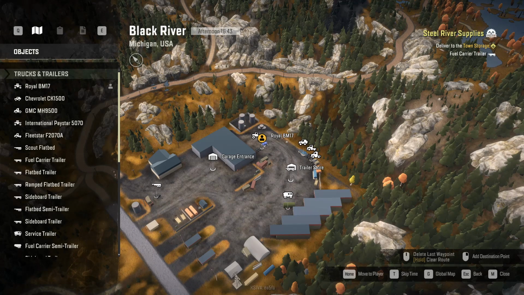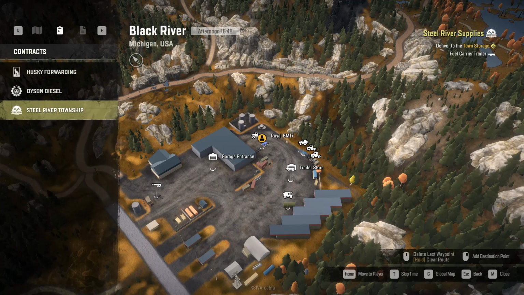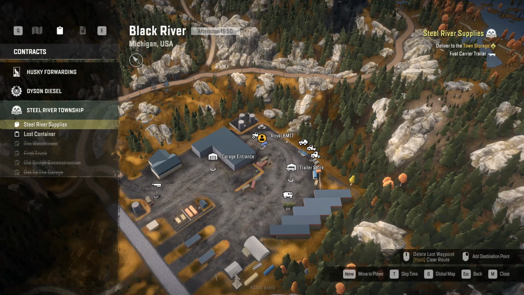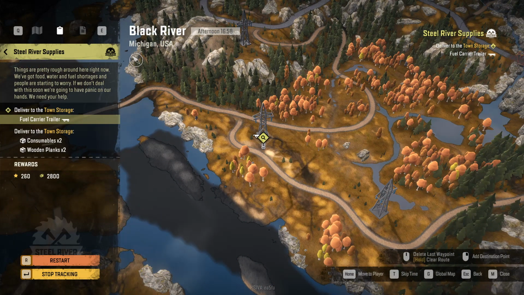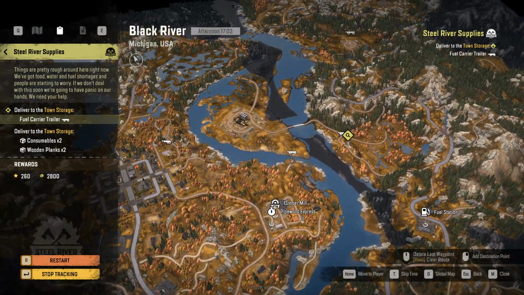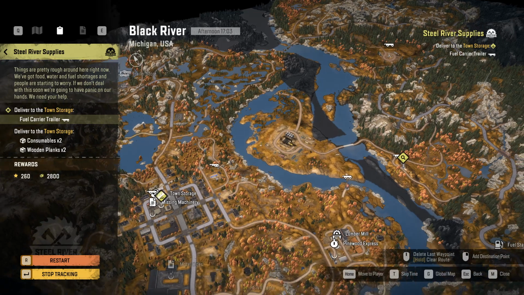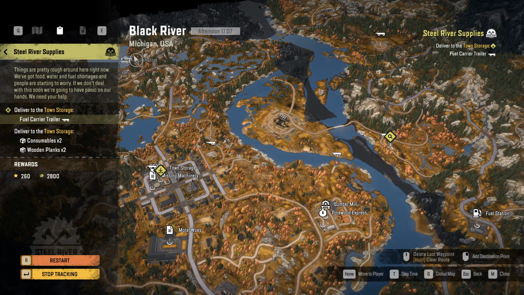Fuel carrier, I don't think is that far away. Come on, show me where it is. I gotta go to the objective. No, I need the... I need this. Damn it. Click on the right thing. Fuel station on the way. That's good because there's no... Well...